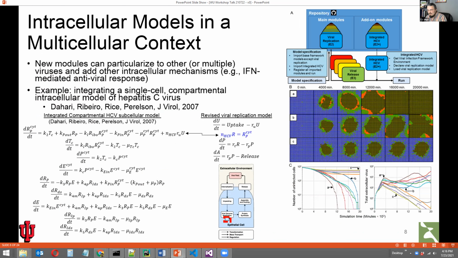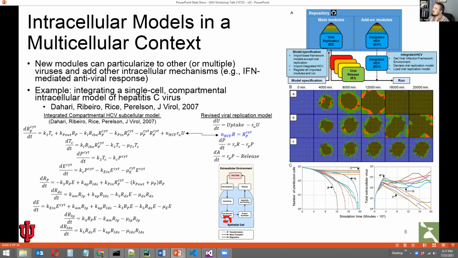I wanted to just sort of whiz this one by you, given that there's been a lot of ODE modeling in this workshop. This is another sort of mini project in this paper that I thought was really interesting and very fun to do. So we wanted to sort of demonstrate what it looks like to actually pull a module out of the framework and replace it with something else.